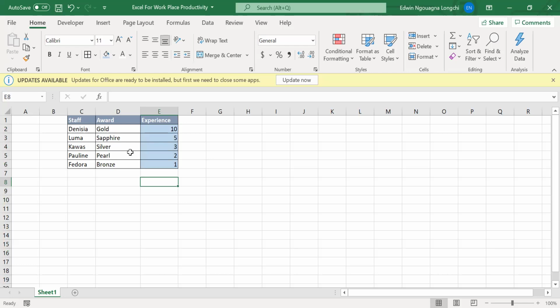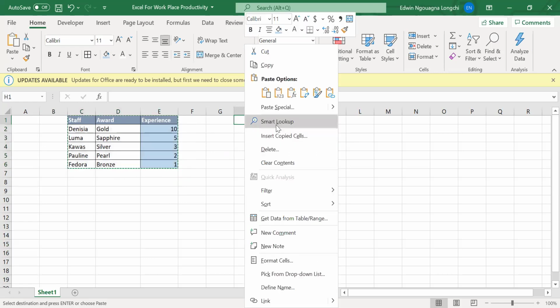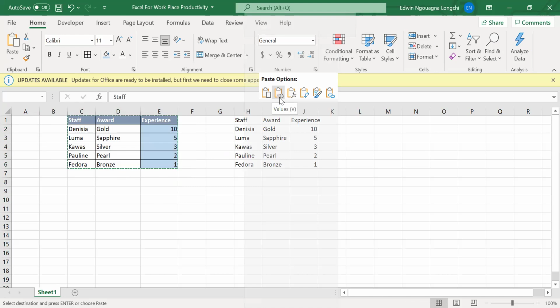So let us say that I want to create another table. No time. Let me just copy this one and paste. Now let me show you something. I've copied this table, right? I've taken Control C. Now I don't want all this formatting I've done, these colors. I want to paste it simply. So if I right click and I take 1, 2, 3, it means I'm pasting it as values. So I take that. You see what happens? The data is pasted as virgin data, no formatting.